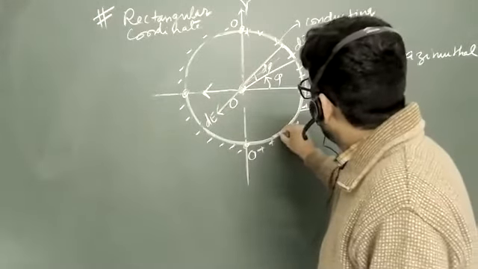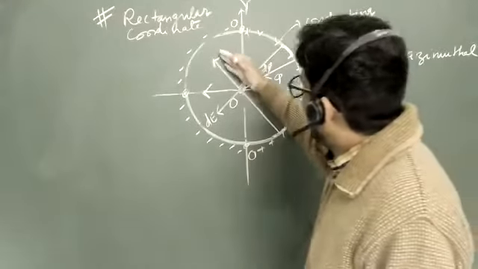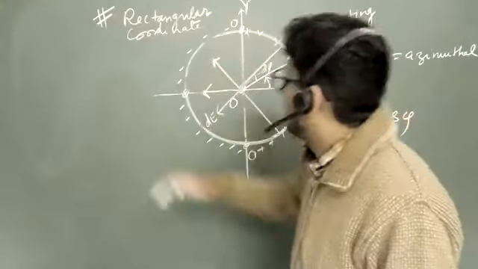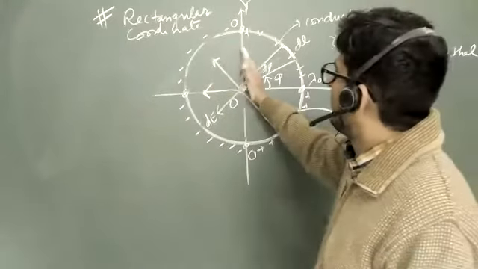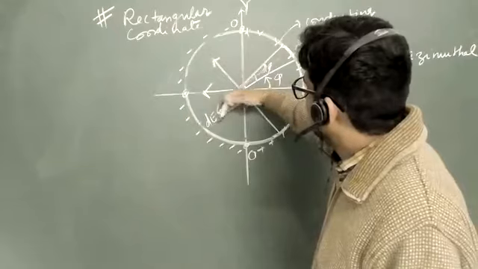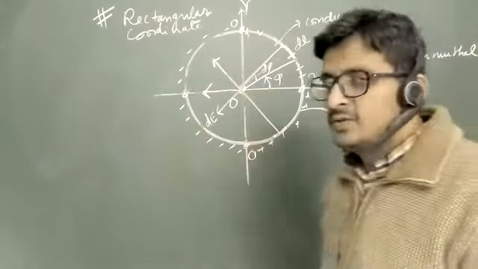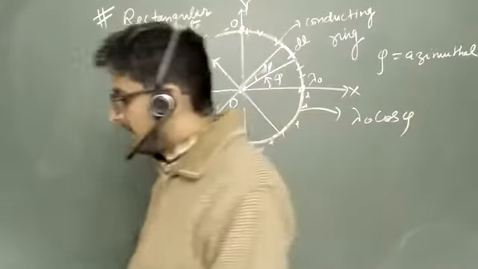Take this side. It will be in this direction. dE will be in this direction. And again, the cosine part will be coming in this direction, and the sine part will be coming in this direction. And on this side, dE will be coming in this direction, and sine will be coming in this direction. So can you see that all of the cosine components are adding up?